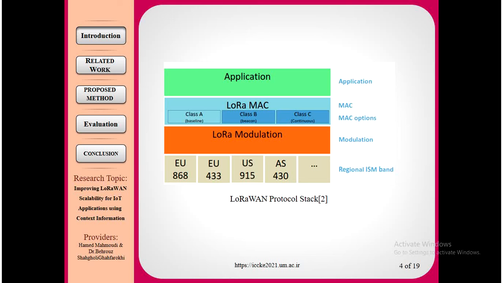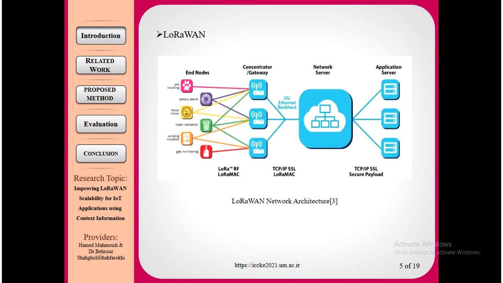As you may know, the word LoRa refers to 2 different concepts. The first is the LoRa protocol, which is a physical layer protocol that uses unlicensed ISM frequencies and uses CSS. And second is the LoRaWAN protocol stack, including 3 layers: physical layer, media access and application, that uses the LoRa physical layer protocol. In this slide, you can see a typical LoRaWAN network architecture.